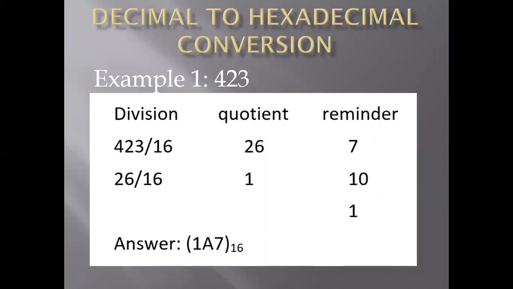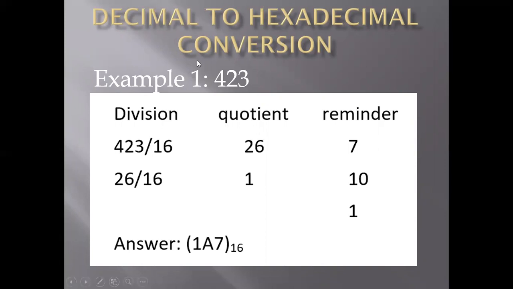Now, conversion of decimal to hexadecimal. To convert decimal to hexadecimal, the technique is the same as used for decimal to binary and decimal to octal, but here the divisor is 16. First example,